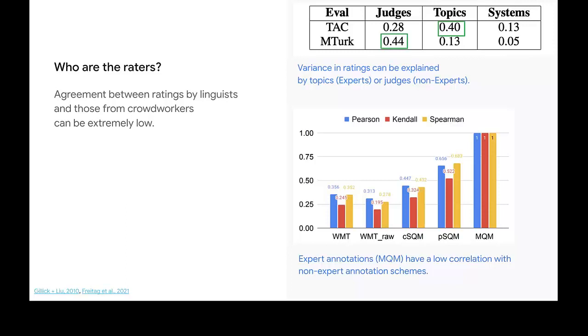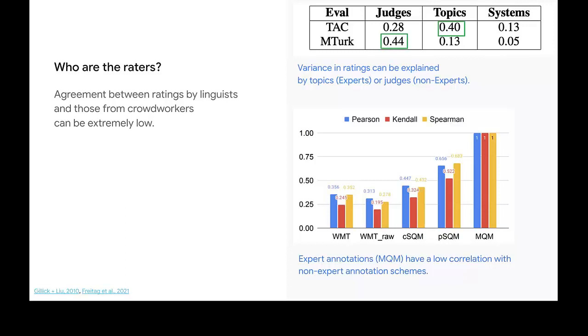You can see that if you run on Mechanical Turk, Amazon's non-expert crowdworking platform, most of the variance can be attributed to the judges themselves, whereas in TAC, which is the shared task that used linguists or experts as annotators, most of the variance comes from the topics themselves. So that means that agreement between ratings by linguists and those from non-expert crowdworkers can be extremely low, and crowdworkers often cannot distinguish between nuanced aspects of content quality.